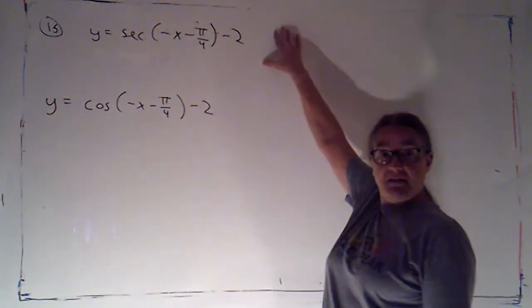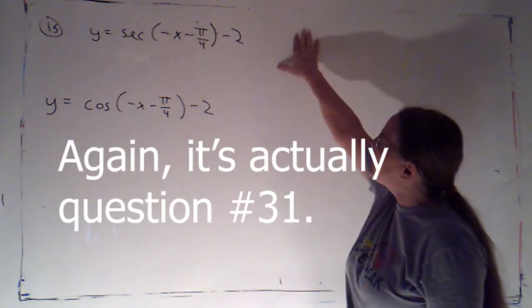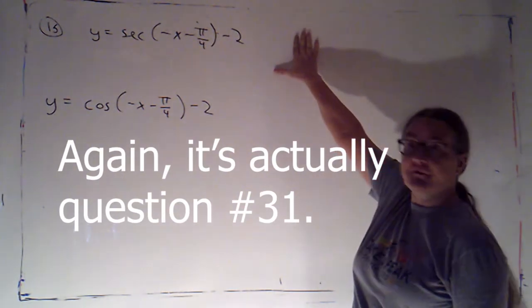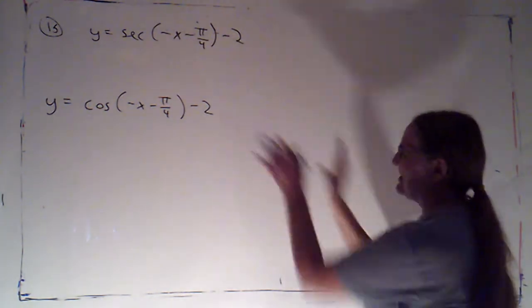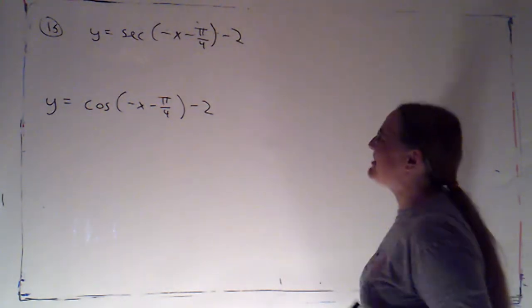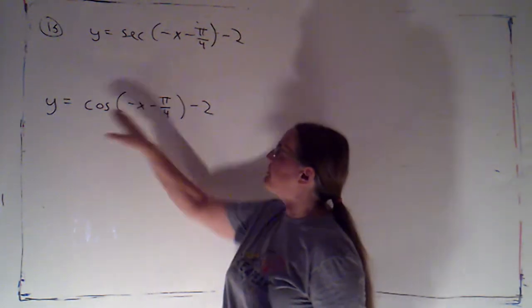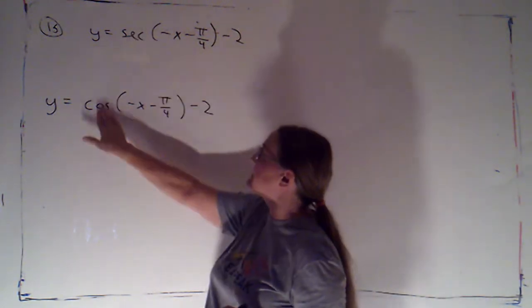At the end of the last video, I asked you to try problem 15 from the homework. So that's sketching y equals secant of negative x minus pi over 4 minus 2. I've gotten started here. Didn't get very far. The first thing we want to do is graph the corresponding transformation of cosine, since secant is the reciprocal of